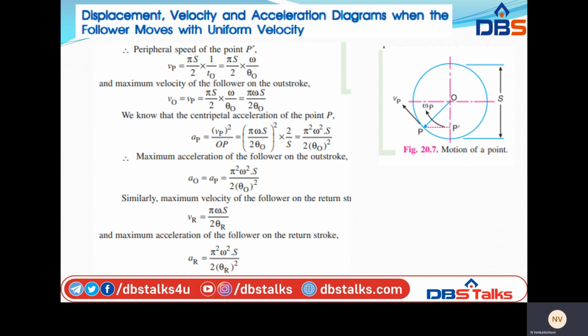So the peripheral speed of the point P, that is the speed V, is pi into S by 2 into omega by theta naught. Inversely, we can call omega by theta naught as 1 by T naught. And the maximum velocity of the follower on the outward stroke, V naught, is equal to Vp, that is pi S by 2 into omega by theta naught. We know that the